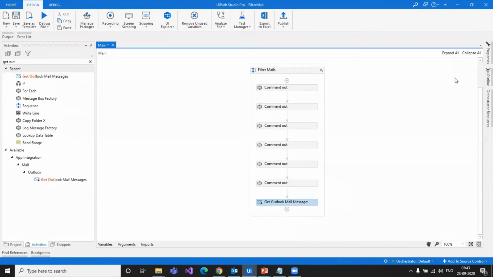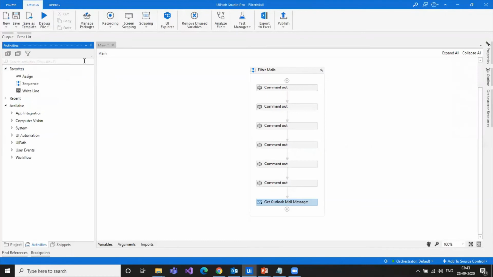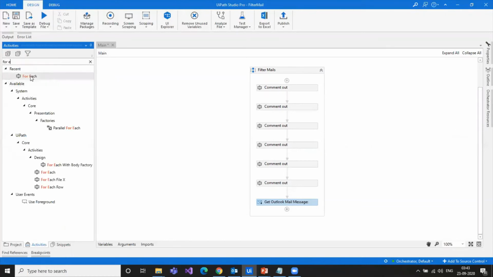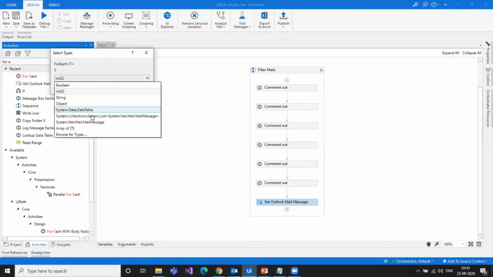So I'm going to read the emails from Outlook, saving them in the variable mails. I'm not applying any filter right now because I want to apply the filter on each email from this collection. Okay, so once I read all the emails from Outlook and saved them into a variable, which is a collection of emails, I'm going to use the for each activity. Now I am iterating variables that are of type mail message,